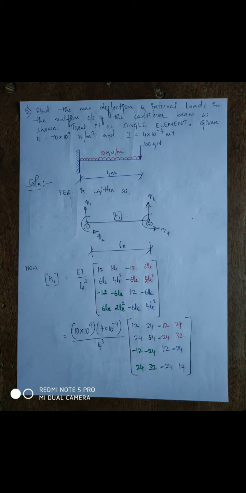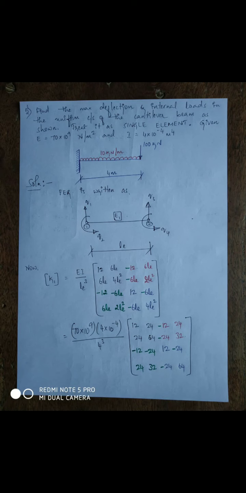As per this statement, since the point load is applied at the free end, that is the rightmost end of the cantilever beam, one node will be at the right end and one node will be at the left end. Thus, as per FER, there are two nodes 1 and 2 with displacements Q1 vertical, Q2 angular for node 1 and Q3 vertical displacement, Q4 angular displacement related to node 2.